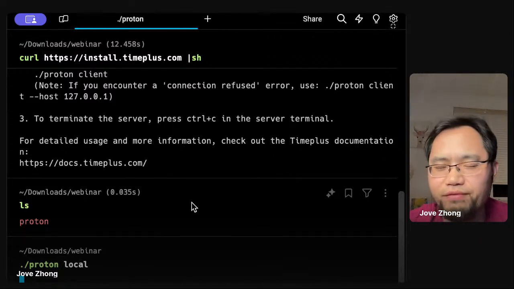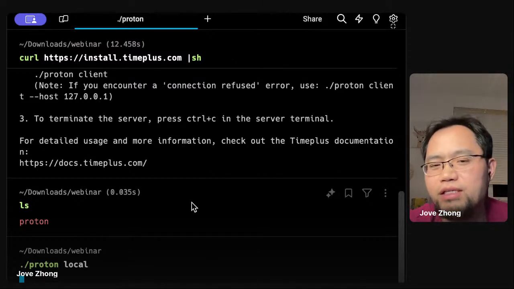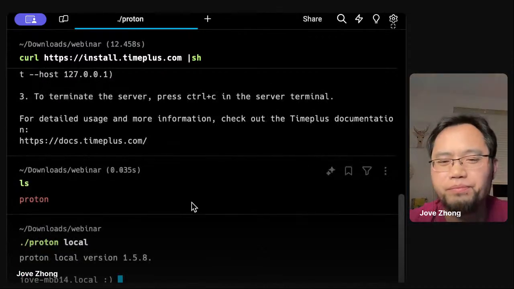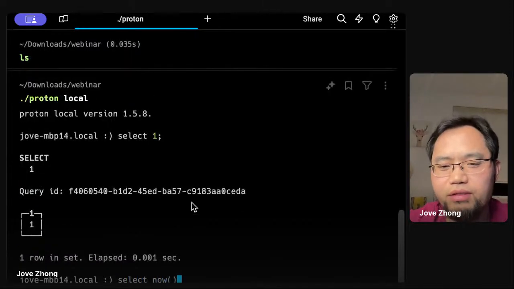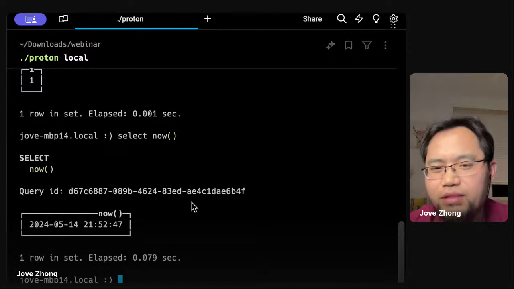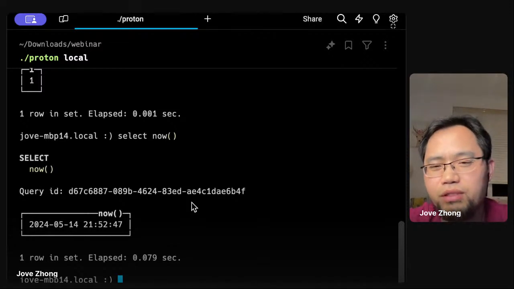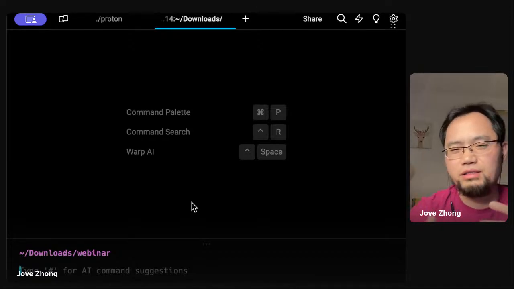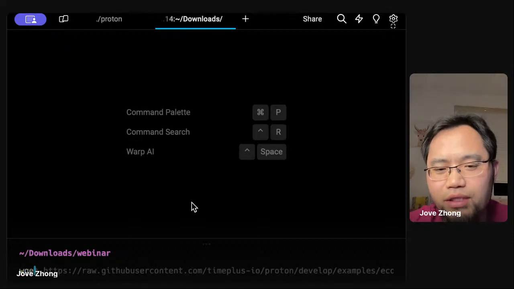And if you have Kafka on your laptop or in your data center, you can connect to it. For example, you can select one or select now. So this is a SQL interface. But I'm not going to use this directly because I'd like to set up Kafka and show you how to export data in Kafka. So what you can do is